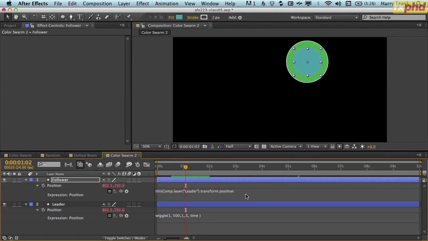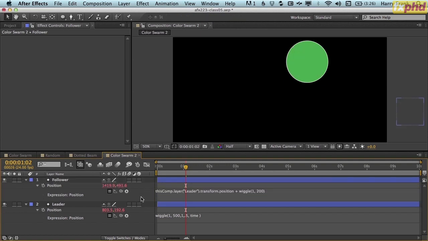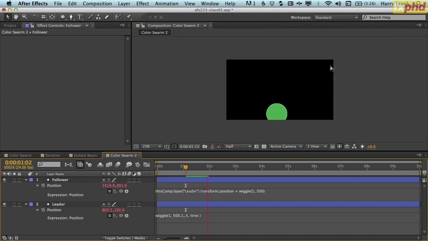So I can add randomness to this by adding wiggle. Let's add plus wiggle. It will have a frequency of 1, and we will have this create a variance of 200 pixels, or an amplitude of 200 pixels in any given direction. So what it should do is swarm around the layer. But you notice that it kind of stays